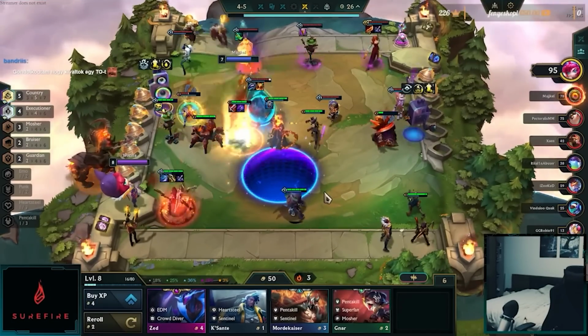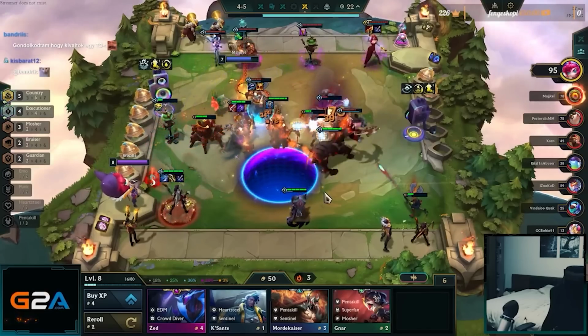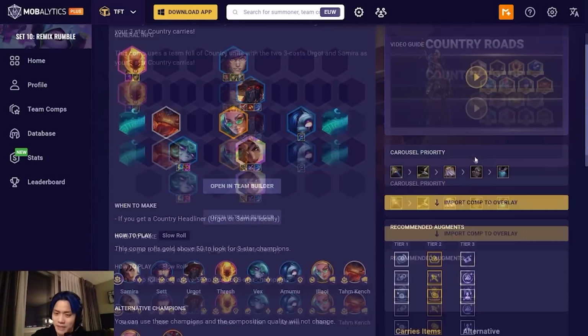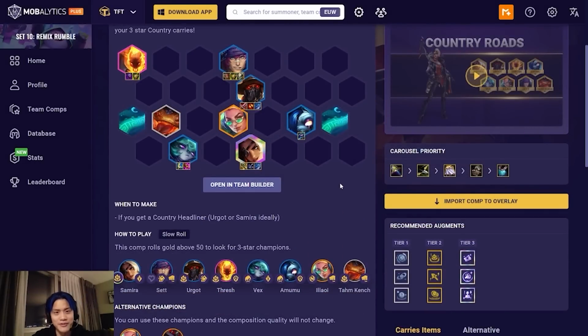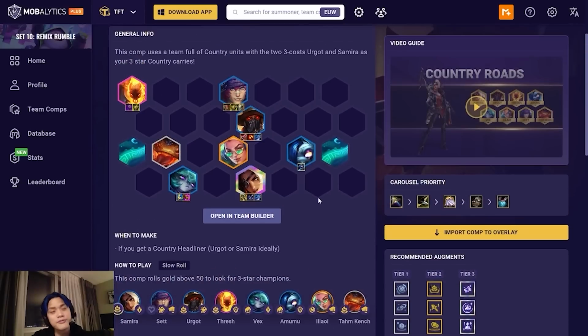Also, an S tier hanging in there is Country Samira, playing around 3 costs mainly. This composition is still really strong, particularly if you hit 3 as a crowd. I mean, 3 as a crowd turns this into a 3.3 average comp. It's pretty disgusting. So the hit is mainly to Samira as the headliner, but we actually found out last patch